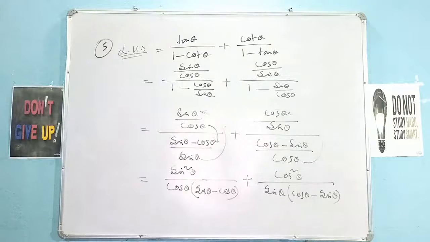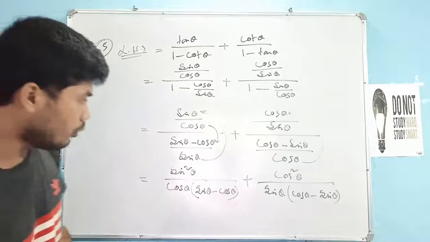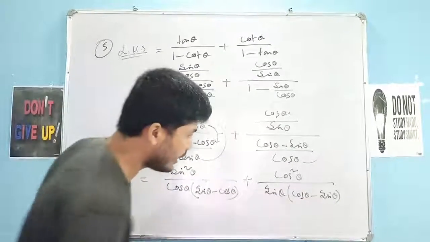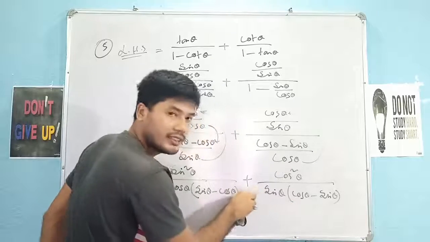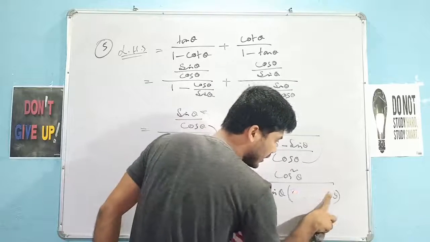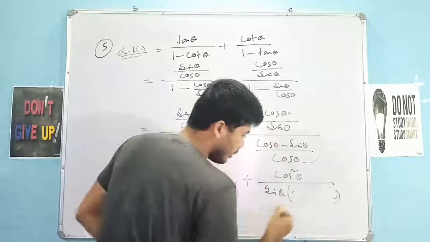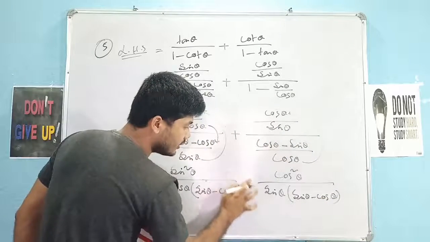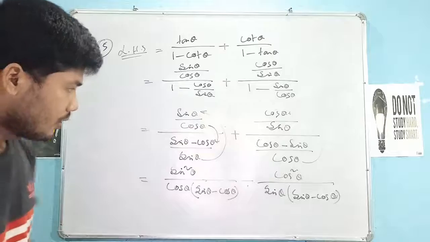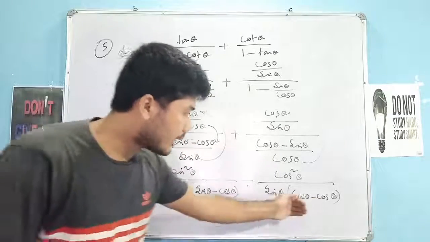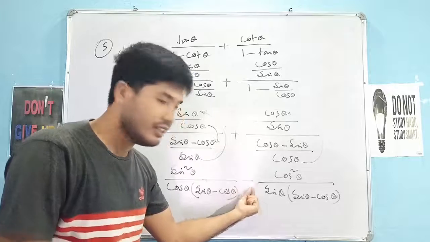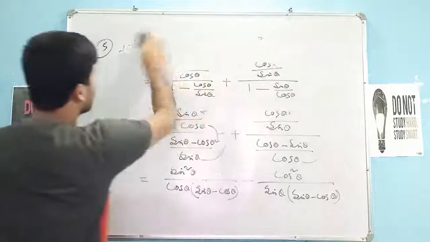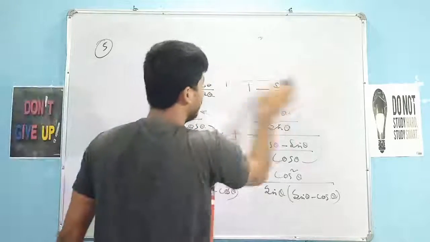Awesome. Now what we can do, look at here, this is sin theta minus cos theta, and we have cos theta minus sin theta. We can write it as sin theta minus cos theta, but we need to change this sign, right? So this is sin theta, cos theta minus sin theta. Now we will change it to sin theta minus cos theta, so we have to change this sign. Okay, let me clean the board here.